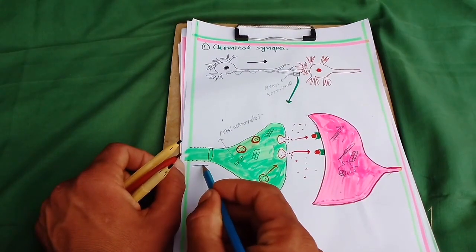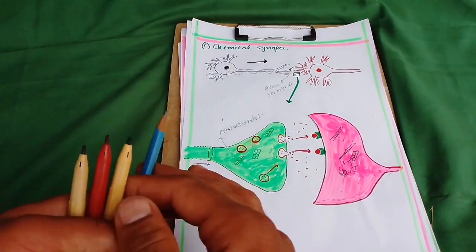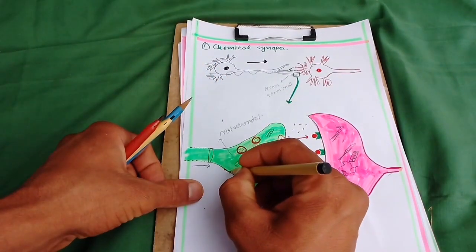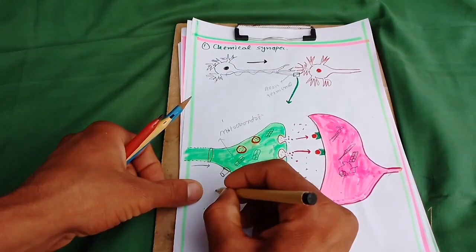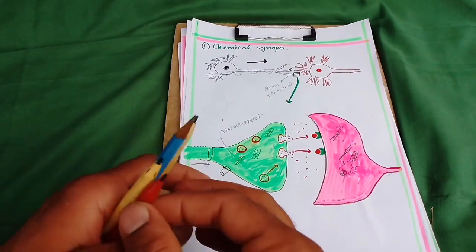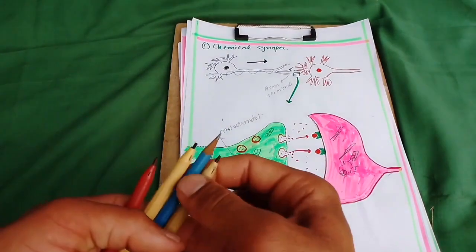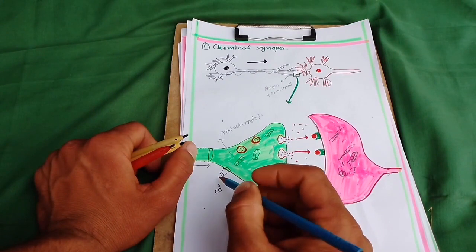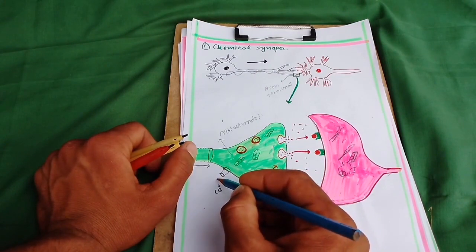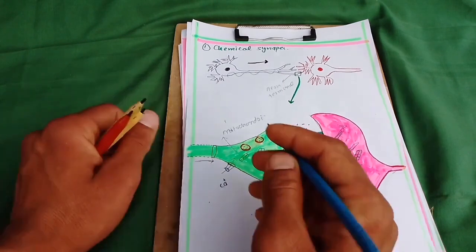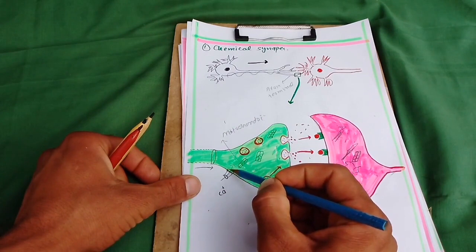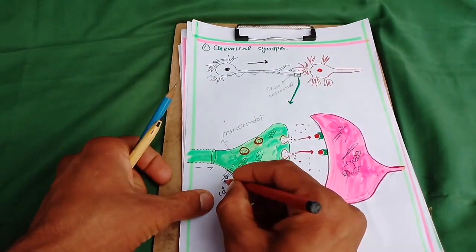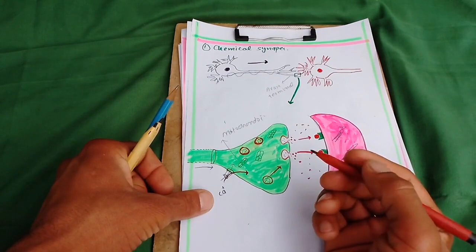When the action potential reaches the synaptic knob, there are some channels present. These are the voltage-regulated calcium channels. When the action potential reaches here, from this point up to this point, the calcium channel is opened, and calcium influx occurs. Calcium goes inward. When many calcium ions go inward by the arrival of the action potential, then here